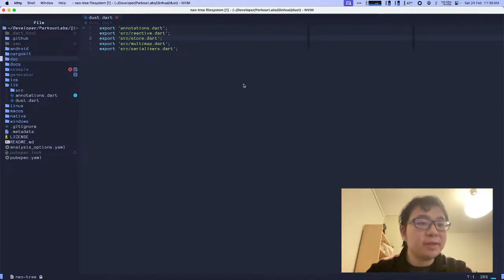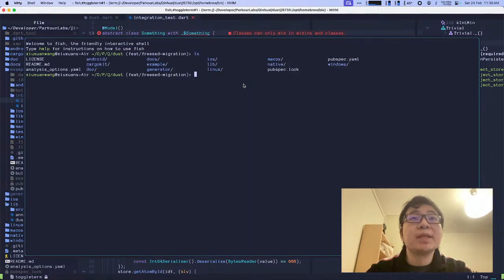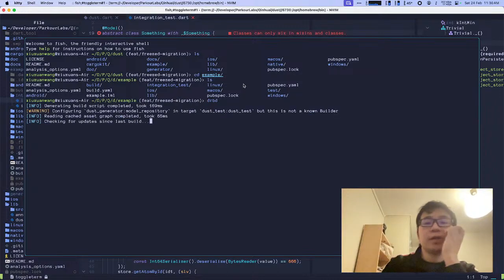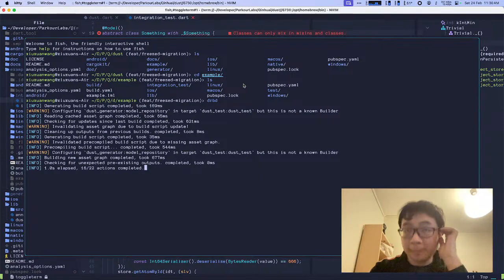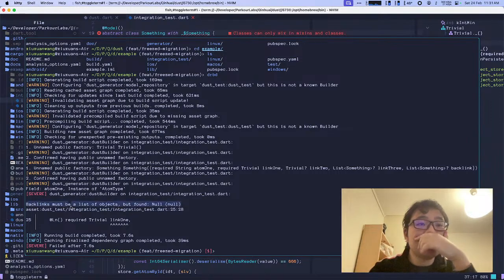Yep, I'm sharing the correct screen. Good. So if we look at the example here and the integration test here, we realize that there are lots of problems, errors mainly. If we run cd example and run drbd, which is a shortcut for dart run build_runner build --delete-conflicting-outputs, imagine how many times you have typed it. And we realize that the backlinks must be a list of objects but found null. And this is because